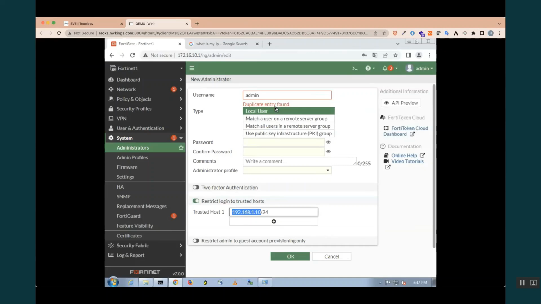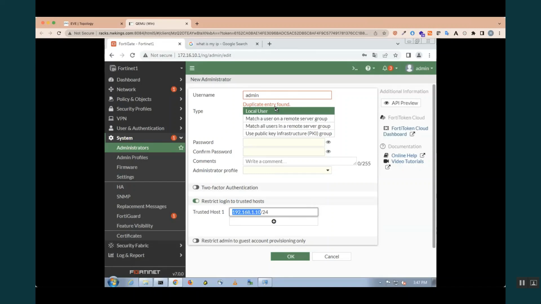Understand. So one more query is, let's say here we have in the local policies or in the administrators, we have configured it as source any and destined to the firewall. By default, it will be there.